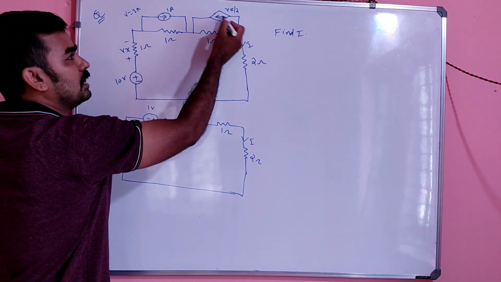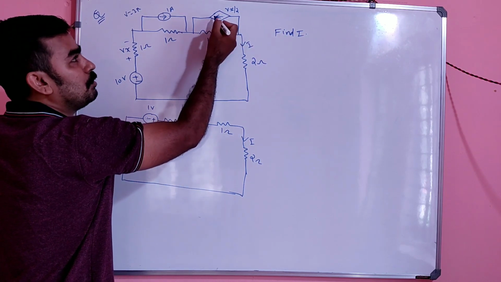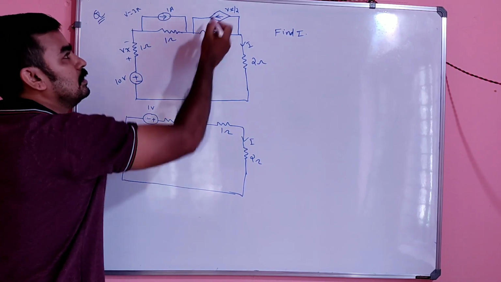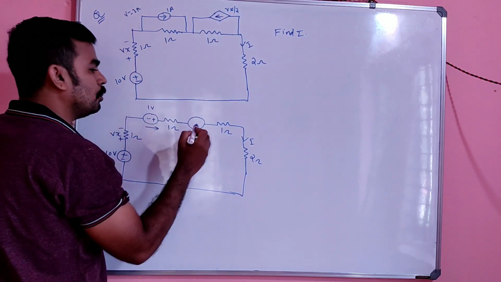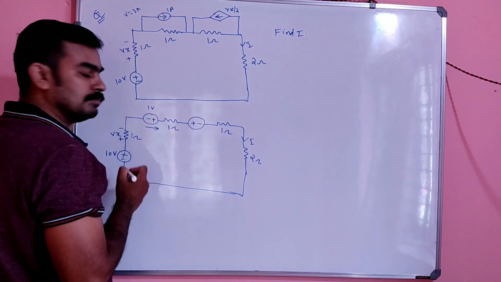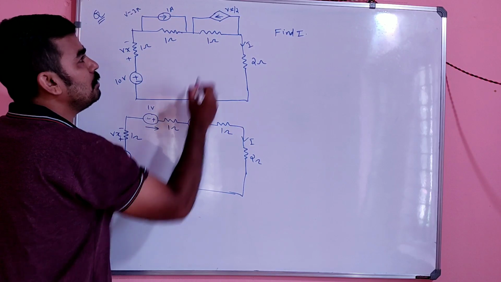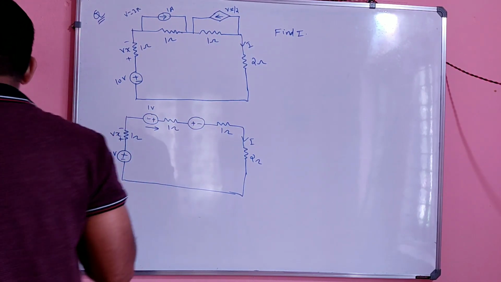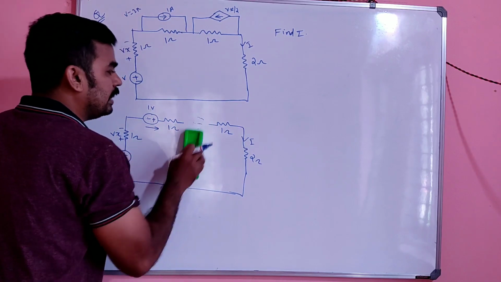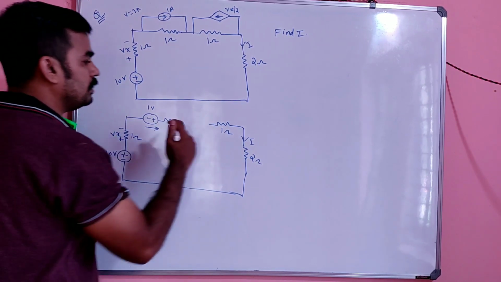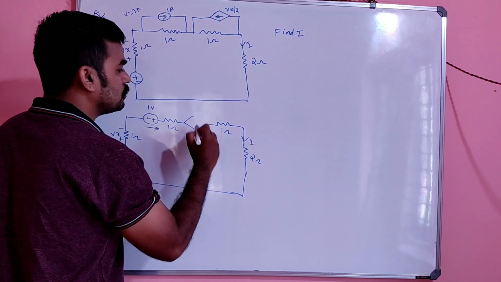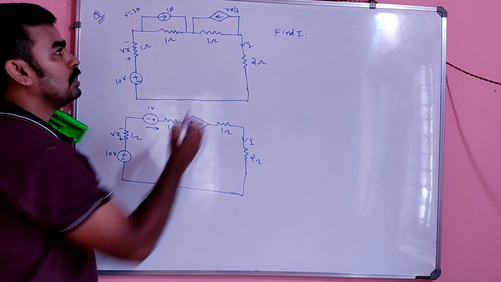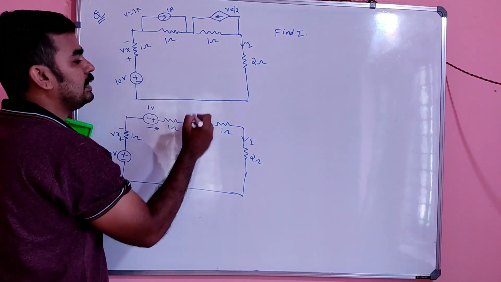And again see the direction. The direction is from here to here. Why is it from here to here? We use a sign convention like this. Then what will the sign convention be here? It will be opposite, so it will be like this. And the value will again be a voltage, but it is a dependent source, so you have to represent this also as a dependent voltage source. So what is the value of the voltage here?